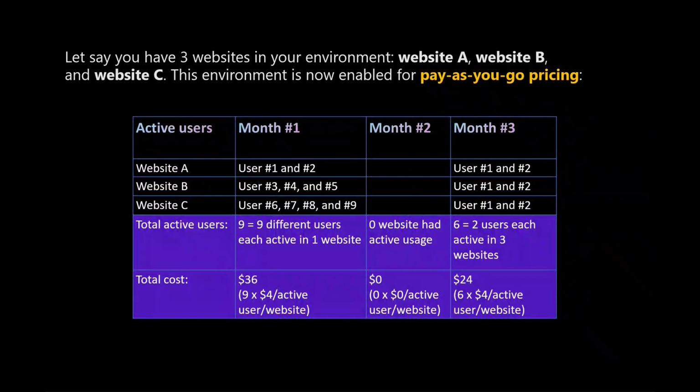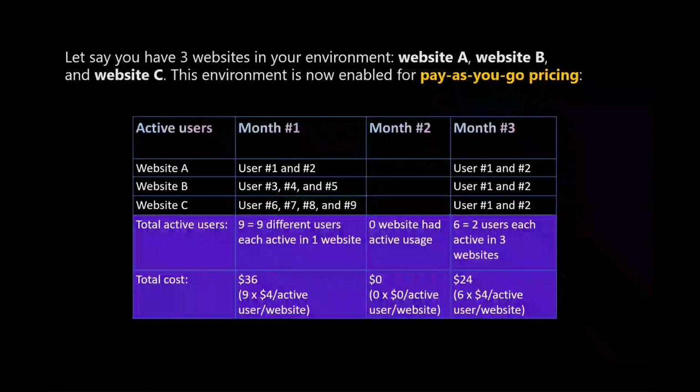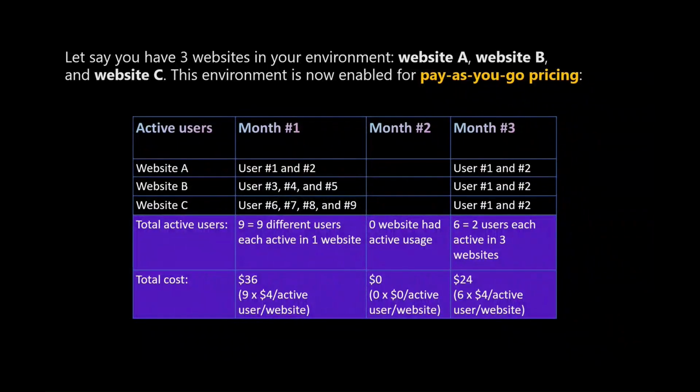But in month 3, the users are not unique. Users 1 and 2 have accessed website A, they have accessed website B, and they have accessed website C, right? So now how are you going to pay for this pay as you go license? But first of all, you should focus on month 2, right? If you go ahead with the subscription based plan and you purchase, imagine in month 2, I'm expecting 200 users will be accessing my website. So you just purchase the license for 200 users,